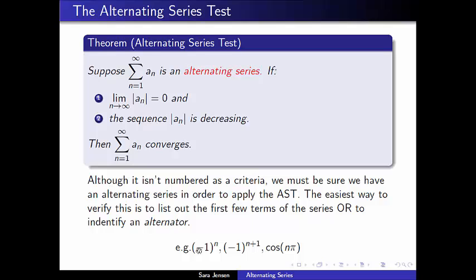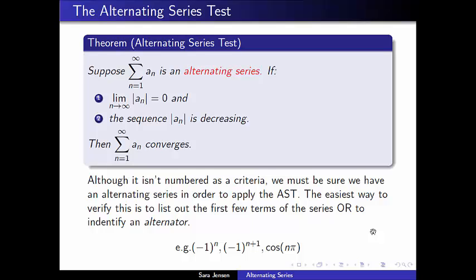So things like -1 to the nth power, -1 to the n plus first power, -1 to the n minus first power, those would all be alternators. And if ever your book is feeling kind of sassy, they'll use cosine of n pi as an alternator instead of one of these -1 to the n's of some sort. That's another version of an alternator. So that's one way that you could tell you have an alternating series if it's written in closed form